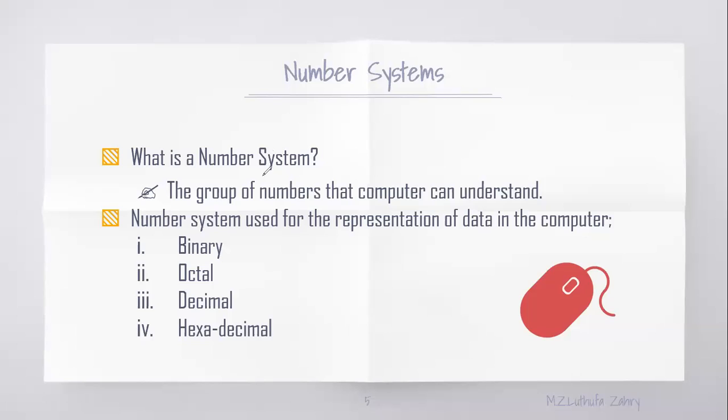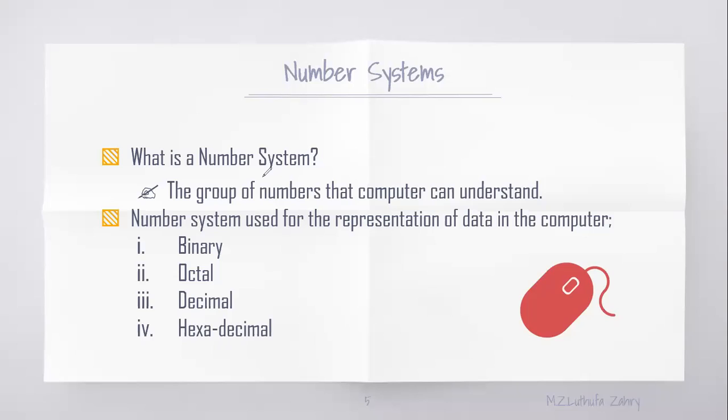Number system means, if you have a computer, probably you all might have a computer at home. If you type something, saying hello or anything, you may think that the computer understands it the way we do. If you type hello, it will show you on the screen, you can see hello printed, right? But it's not like that.